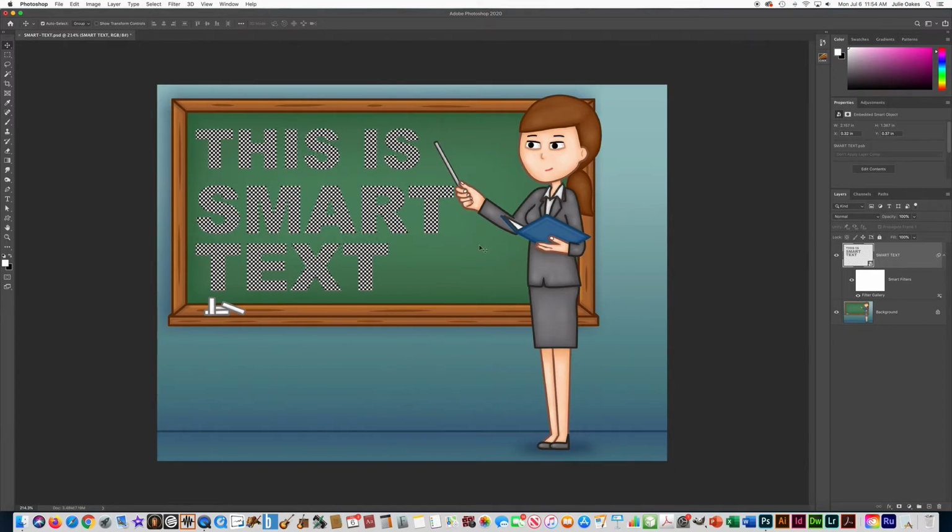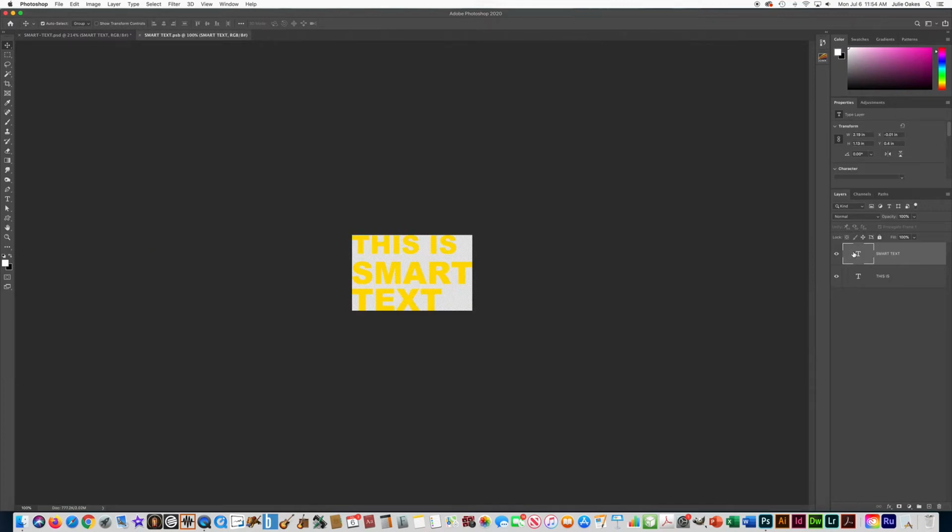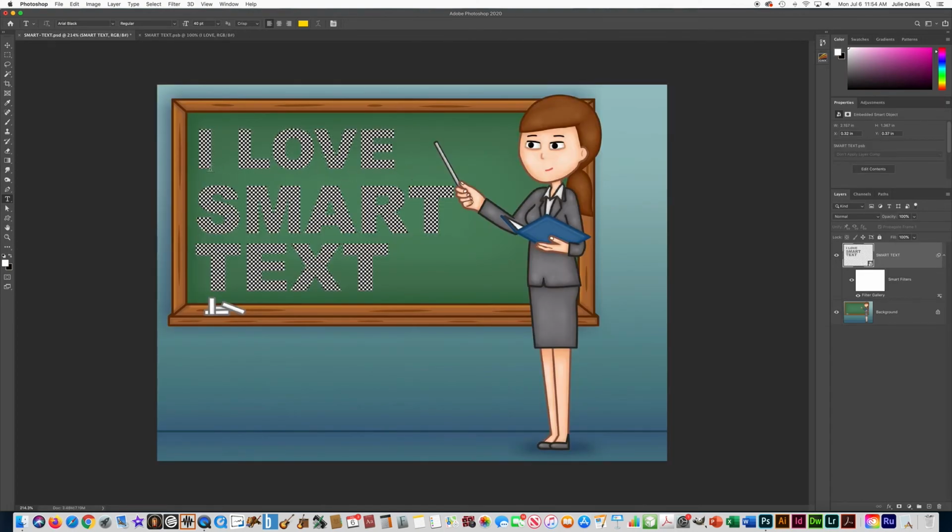The other good thing about it is I can still type over this and change the text. So let's say I want to change the wording. If I right click on this layer, it opens up my text in this other file. So I could maybe get my text tool and retype this. And then I'm going to press save on that. And then when I go back to my file, you can see it automatically updated the text that I typed